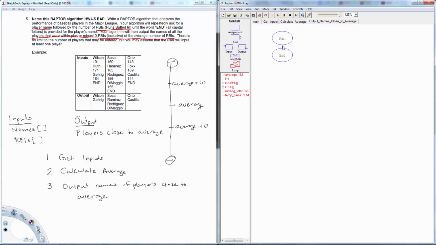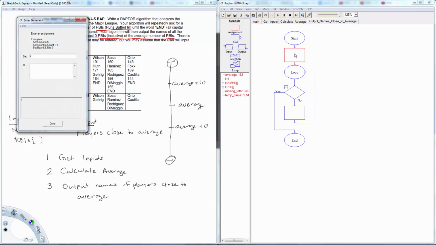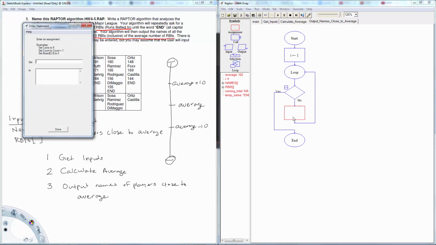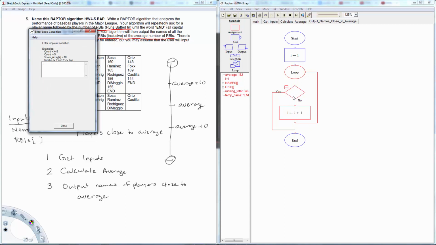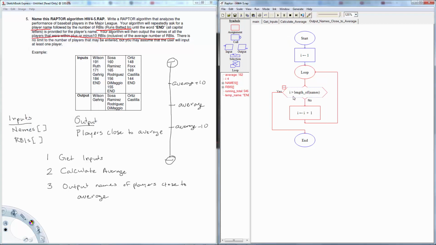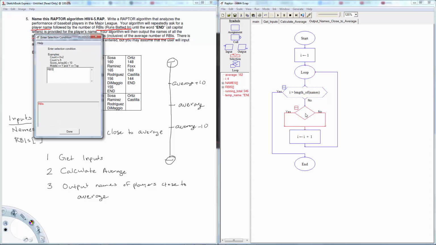First, we have to go through each value in the names array and in the RBIs array. So we're going to add a loop, not forgetting our assignments for initialize and modify. Set I, initialize I to 1, and we'll set I to I plus 1 for modify. And we want to go through each value in the loop, so our exit condition is I greater than length of names. Now we know what the average is, so every time we go through the loop, we'll see if the RBI that we're looking at, RBIs I,